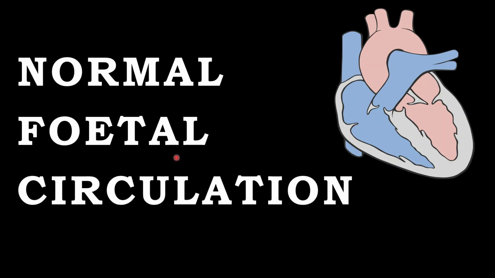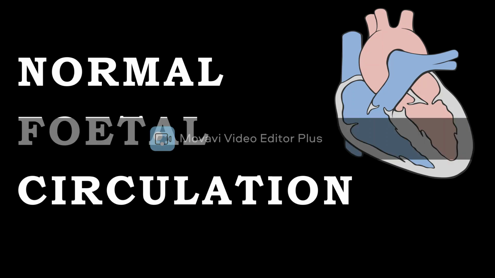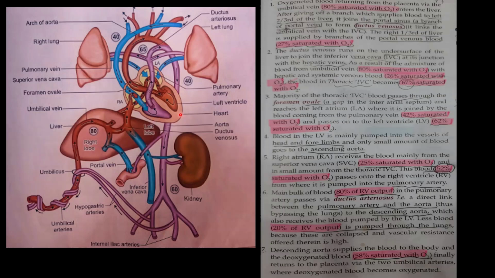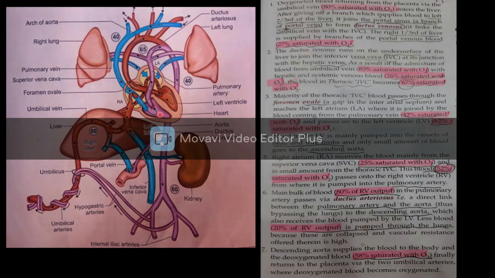First is normal fetal circulation. Here I am going to explain with the help of this diagram normal fetal circulation, and also tell you about the oxygen saturation of the blood at various points of mixing. So this is a representation of the internal organs of the fetus,